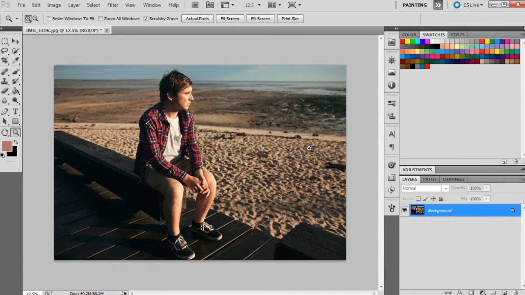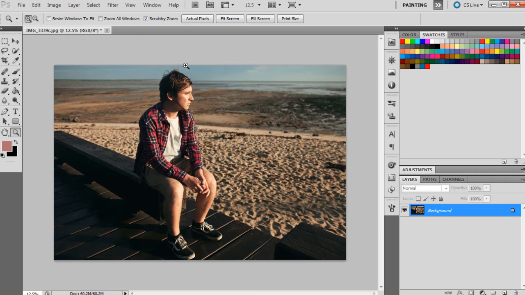Tonight I'm just going to do a really quick tutorial for you. It's on how to create a vignette in Photoshop, and it's pretty easy. There's a couple of ways that you can do it, and you can actually manually do a vignette in Photoshop, but this will just be a really simple method of doing it. I'm going to show you guys how to do it in Photoshop and also how to do it on Camera